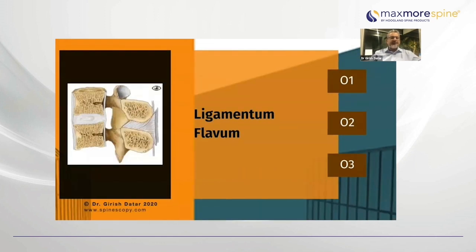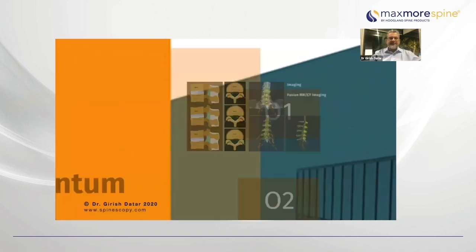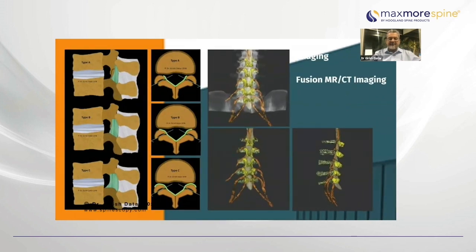Now, one important thing that is contributing to the whole problem is the ligamentum flavum. The ligamentum flavum is by and large of three different varieties: type A, B, and C. Type B and type C are the ligamentum flavum which gets into the foramen and the extraforaminal region. And these are the patients who are more vulnerable to stenosis. In some patients you see the MRI pretty degenerated, but they do not have stenotic symptoms, probably because the ligamentum flavum is not as bad or not extending completely into the foramen and